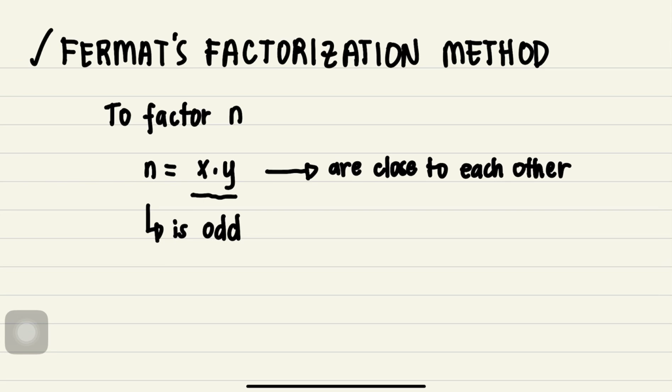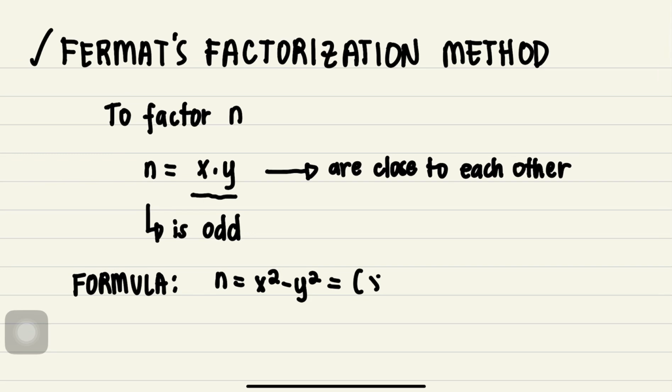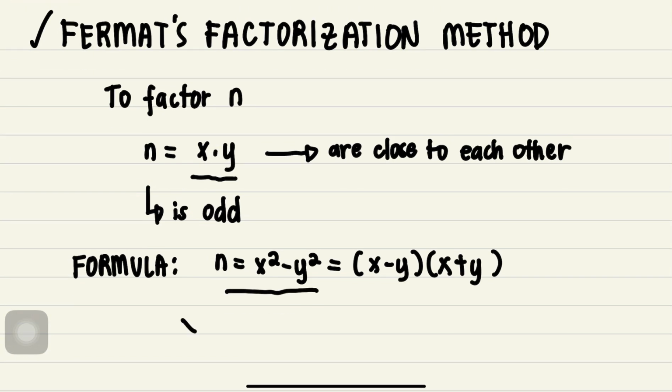In Fermat's factorization method, instead of trial division, Fermat uses the concept of expressing the number as a difference of two squares. We write this as n equals x squared minus y squared. Then the right-hand side immediately gives us x minus y and x plus y. So to find such a pair of x and y satisfying this equation, we can simply write x squared minus n